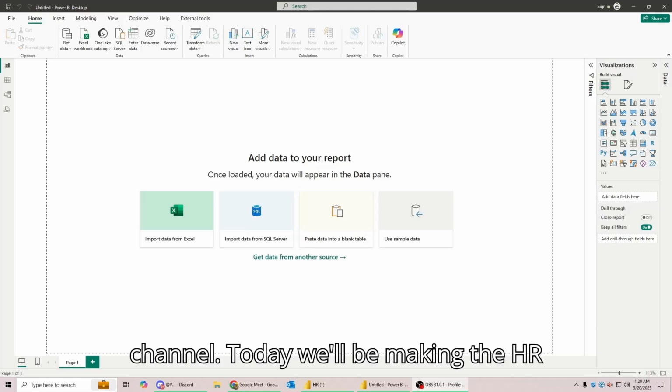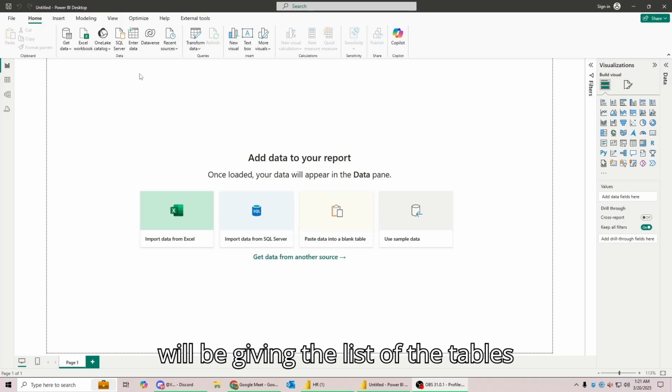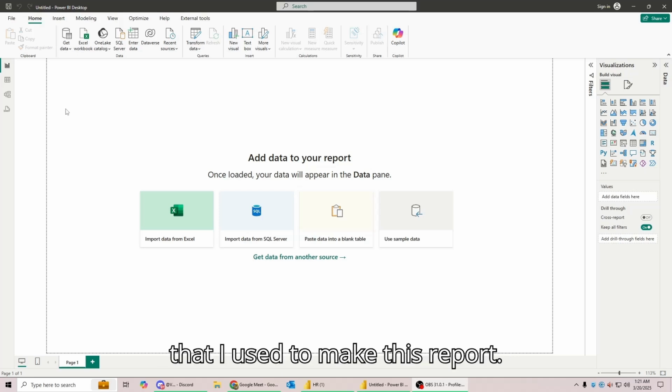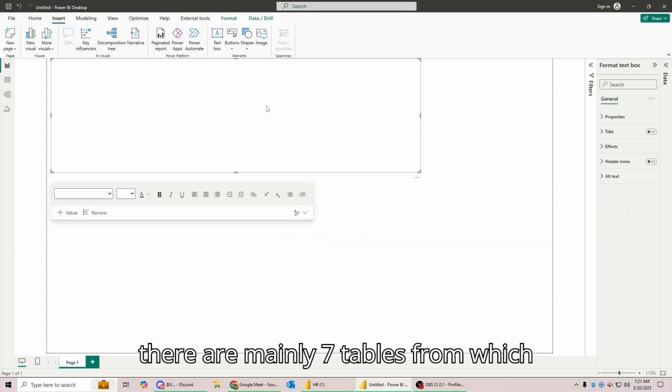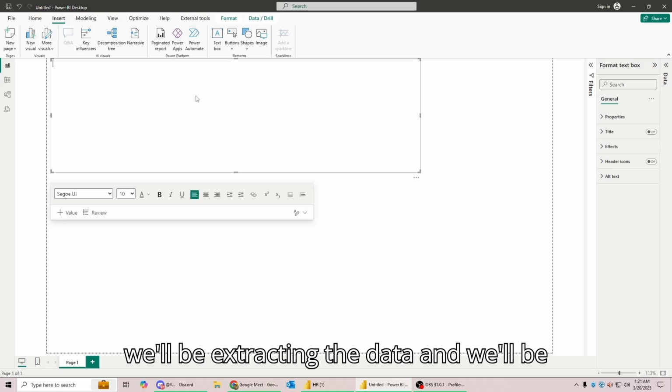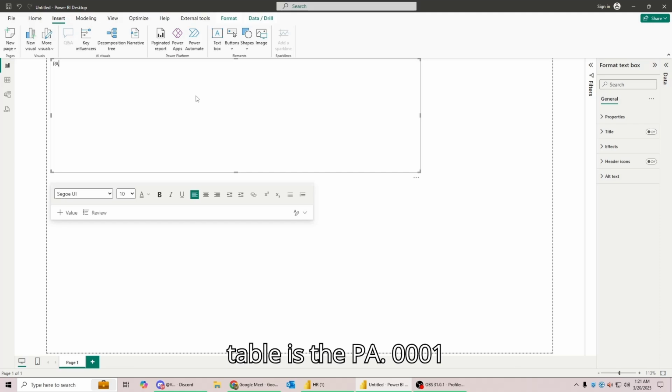Today we'll be making the HR dashboard. To start the video, first I will be giving the list of the tables that I used to make this report. Go to insert and text box. So basically there are mainly 7 tables from which we'll be extracting the data and importing it into Power BI. The first table is the PA0001 and